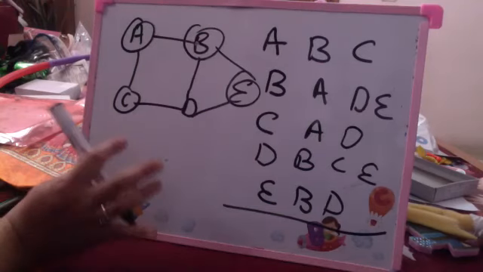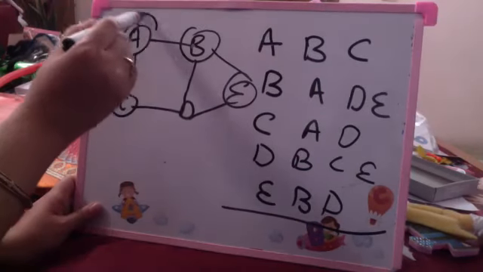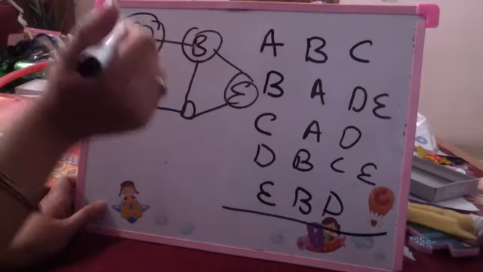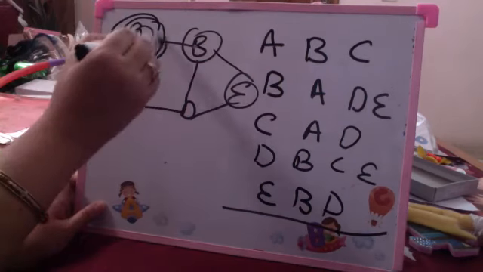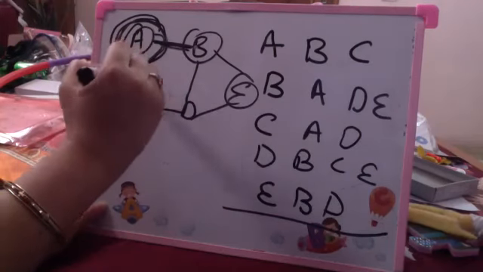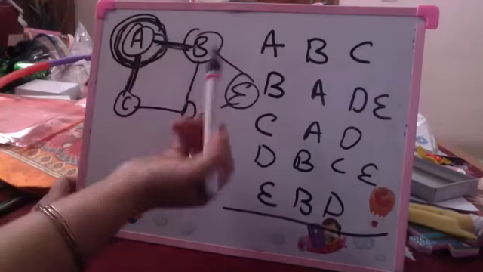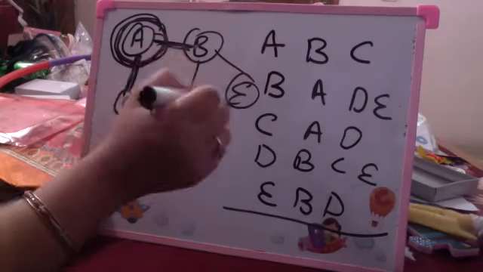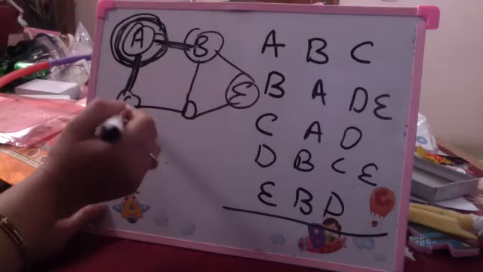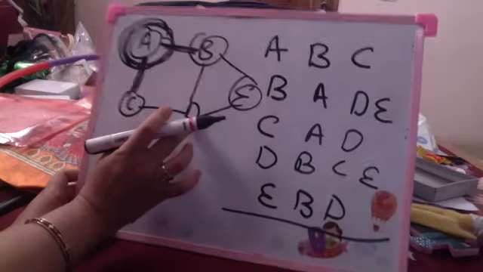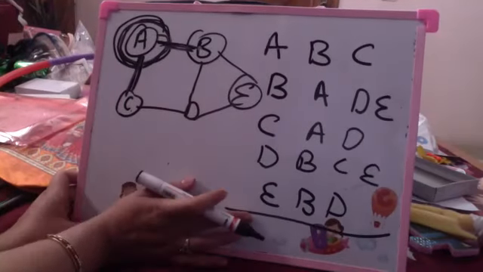In that, what we do is we visit a node and visit all of its adjacent nodes. Like I am visiting the node A, after that I visit the nodes which are adjacent to A. It can be B or C, any random order. After visiting A, B, C, I will visit all the adjacent nodes of B, then all the adjacent nodes of C, and then I go to the adjacent nodes of their adjacent nodes and so on.